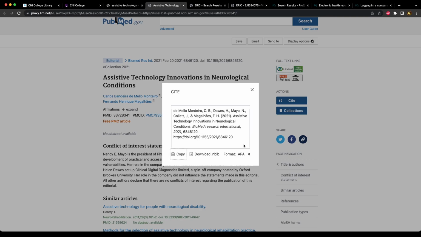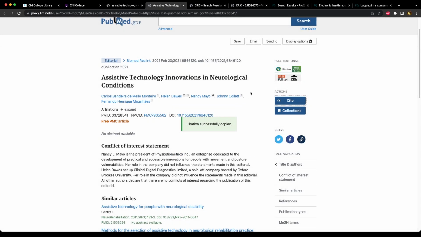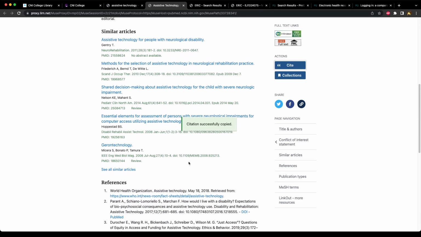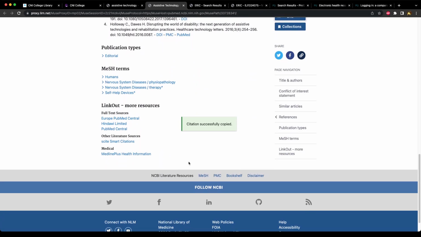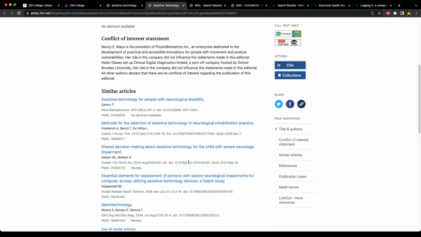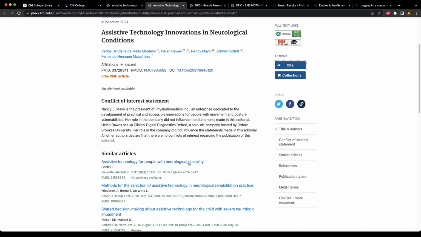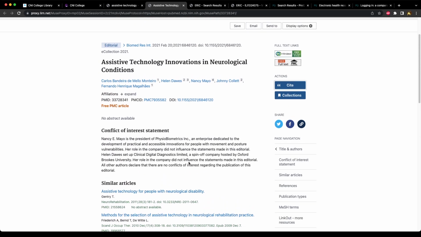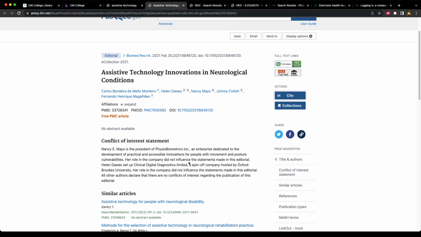This is already set to the 7th edition of APA. We have our authors, the date of publication, the title, our journal here, as you can see, it's italicized, and our DOI. So we can go ahead and copy this and paste this to our paper. The only thing with PubMed is that you have to make sure that you click the free full text,